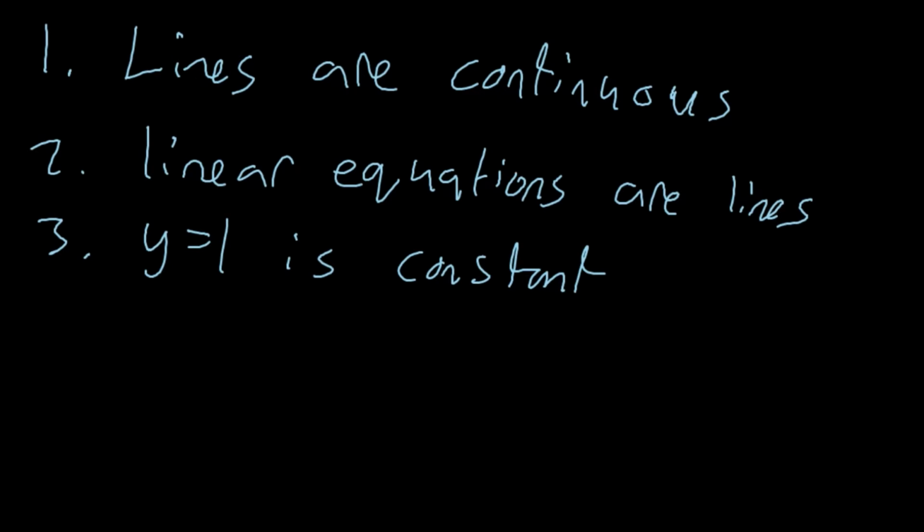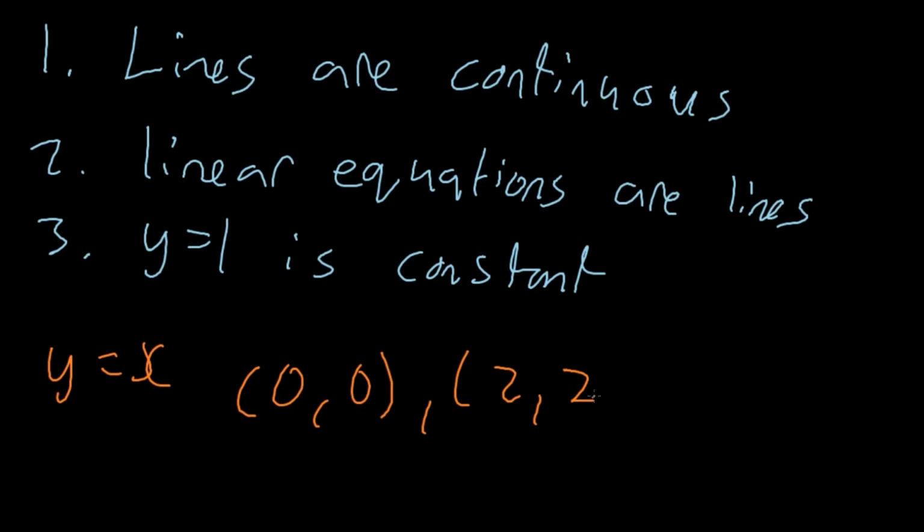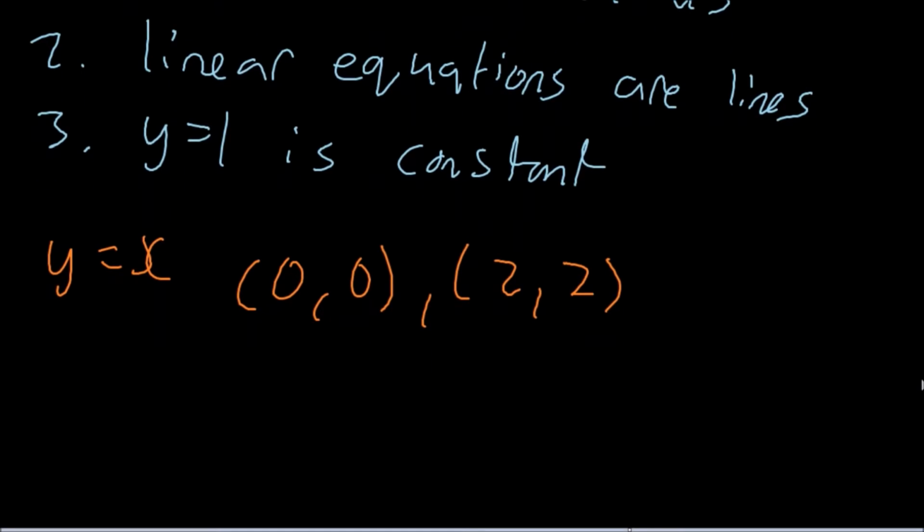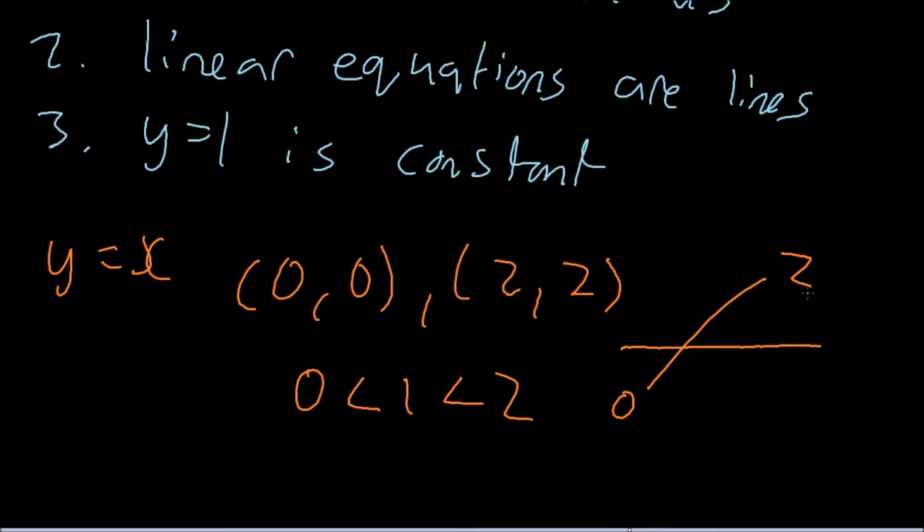So what we're going to do is look at the points on the second line, y equals x. It contains the point (0, 0), and it contains the point (2, 2). Now, 0 is less than 1 and 2 is greater than 1. And if it's continuous, there, the 0 and the 2, right there, it must pass through the line y equals 1. And therefore, a solution